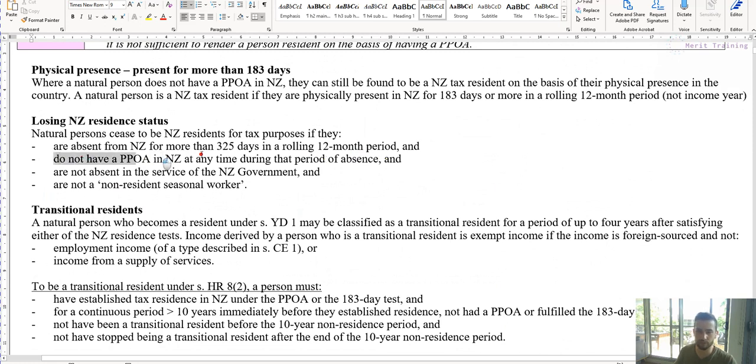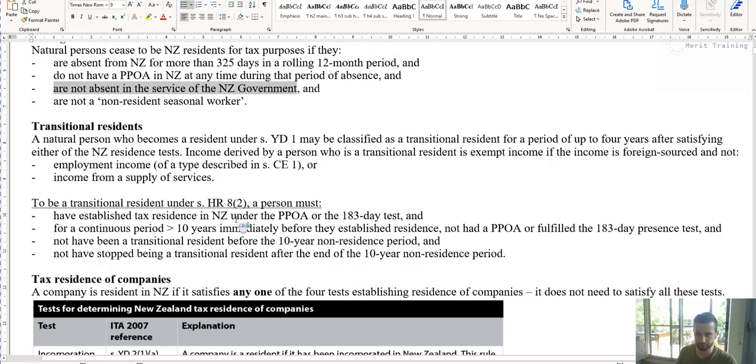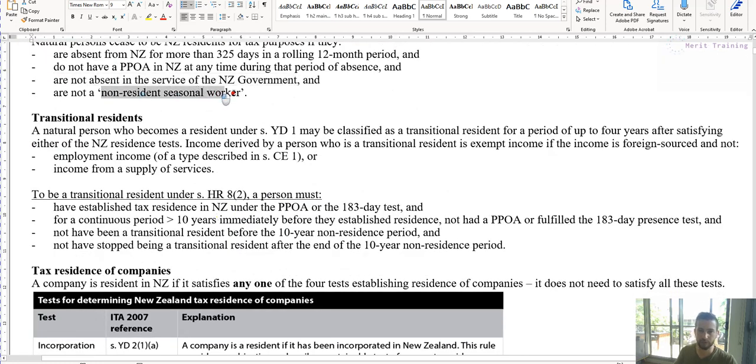So that's definitely the most important test, because if you don't have a PPOA, then you may lose your tax residence. Or are not absent in the service of the New Zealand government and are not a non-resident seasonal worker. So this last point here kind of opens up this grey area as well: what happens if you're a seasonal worker or someone who's just coming through, whether you're an international student or a farm worker, like one of those people who come from overseas to just pick fruit, or you're just coming through on a holiday,